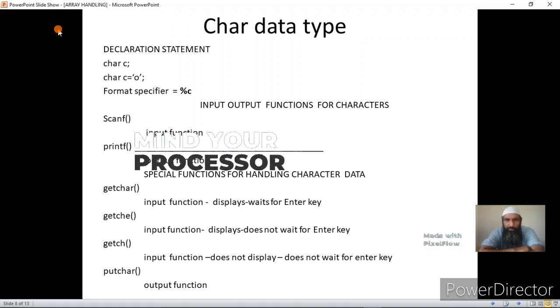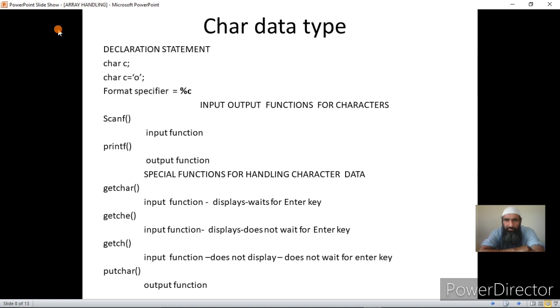As we know, data type is a property of a variable that determines the type of data that can be stored in a variable, the type of operations that can be performed on a variable, and the size of a variable.